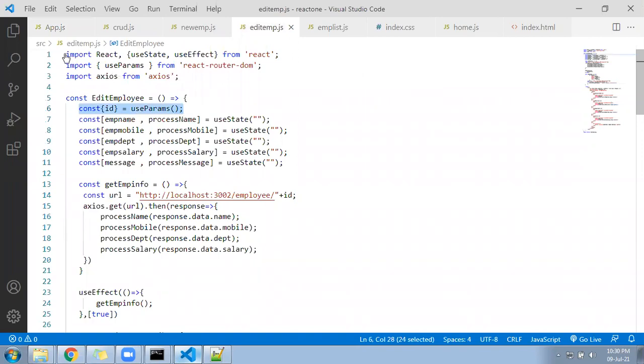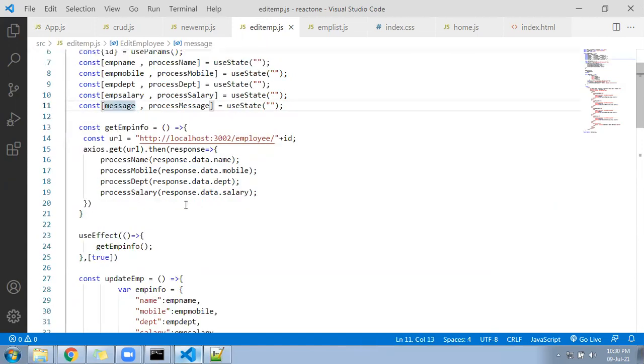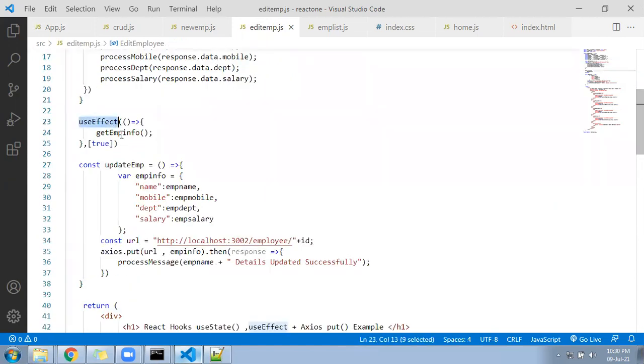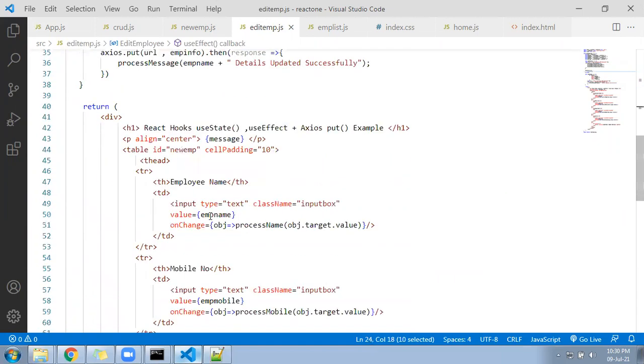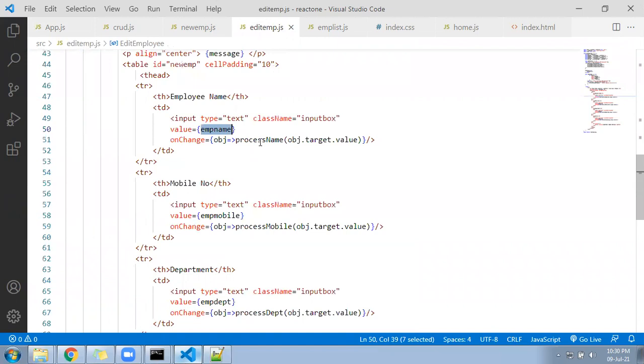That you know already, because you have already gone through the 3 videos. So you know this. These functions why we have written, you understand well. This function why we are calling here, because we are taking the data from the API and passing to this function so that it will update under the state. Finally, we call useEffect, this function, and then we design the page, and inside the page we are displaying the value, and again we are calling process name so that the user can change it. We are calling process mobile, user can change it, right?